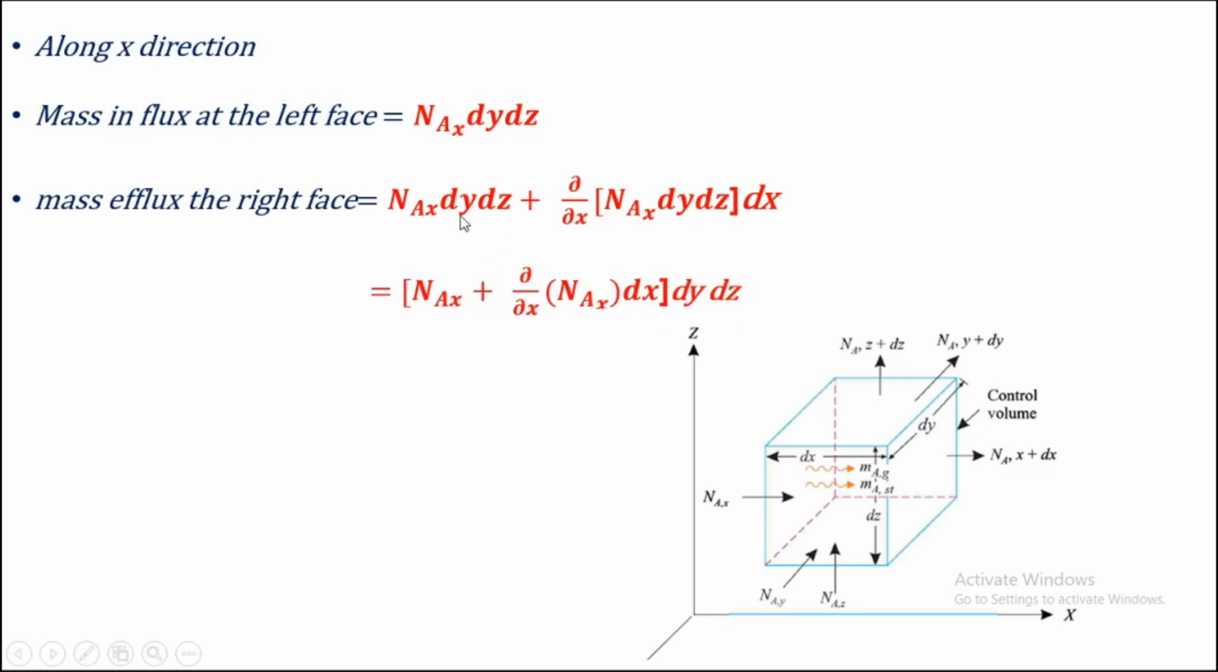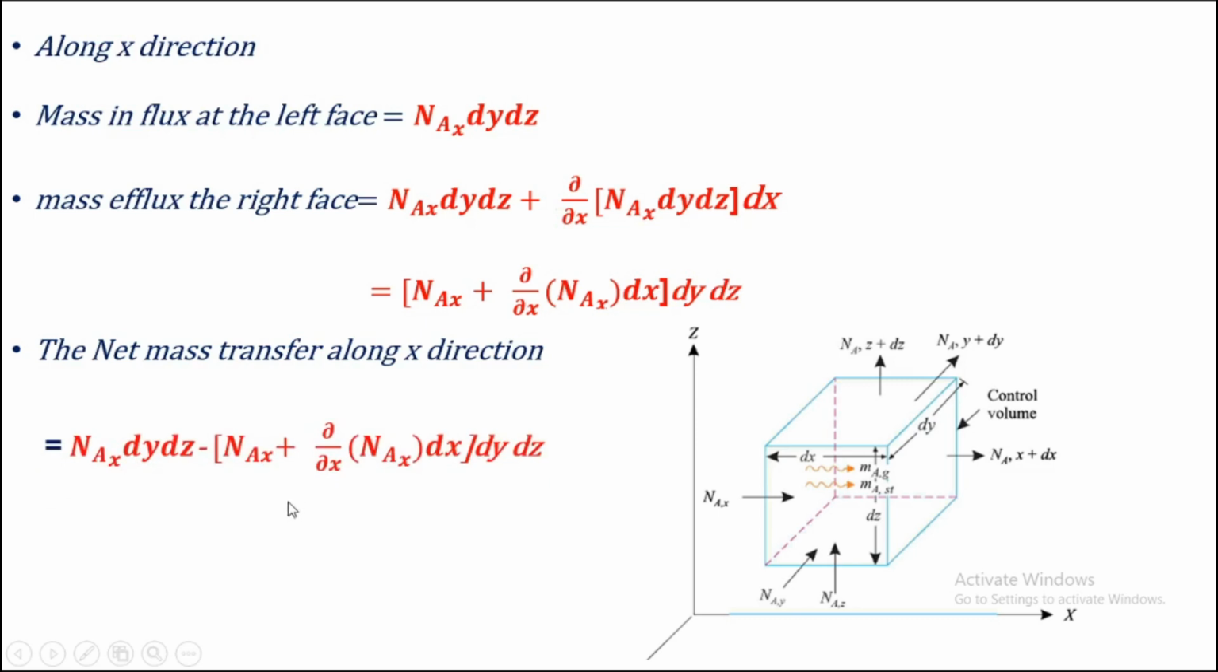So if you take dy and dz as common parameters, the term is deduced like this. Now we move on to the net mass transfer along the x direction. To calculate this term, we have to subtract the second term from the first term. If you subtract these two terms, we will get this answer, that is minus ∂/∂x of Nax